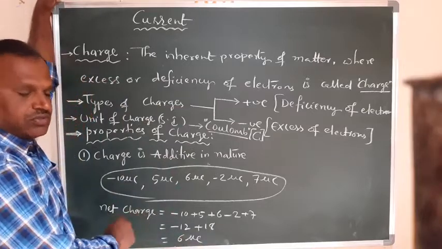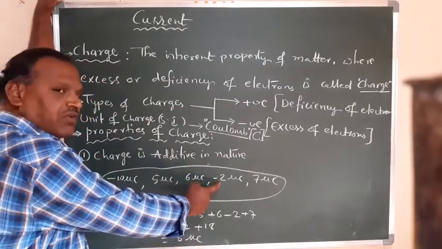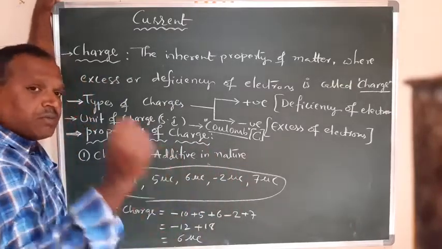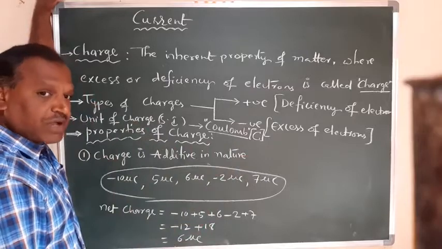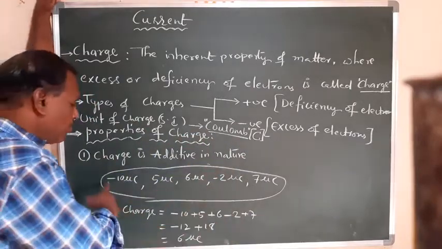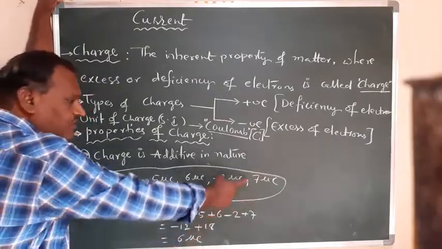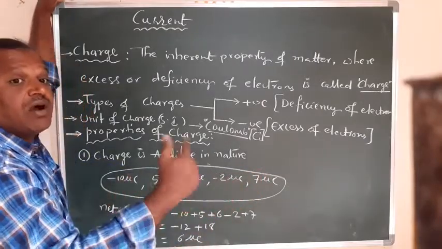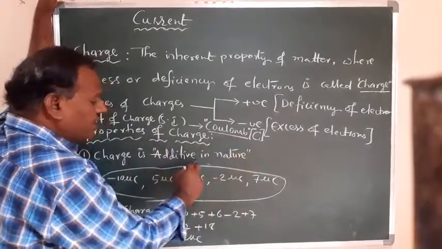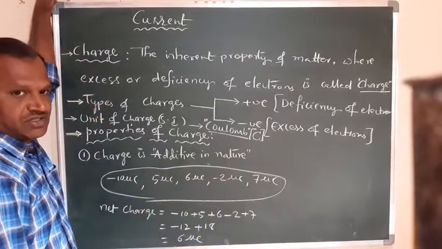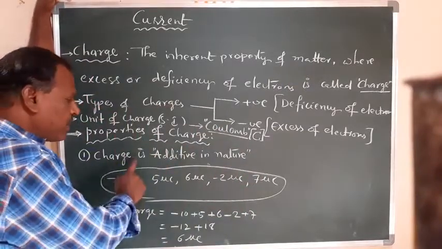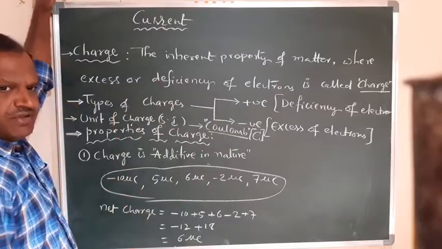It is positive. It is given negative also. But what is the net charge on that matter? The net charge is positive 6 microcoulombs present over that given object. That object is provided these 5 charges. So here what we did for these 5 charges, we made them added algebraically. So here it is additive in nature. Additive means adding all the charges. The net charge can be obtained for that object, right? So this property is called as additive in nature.